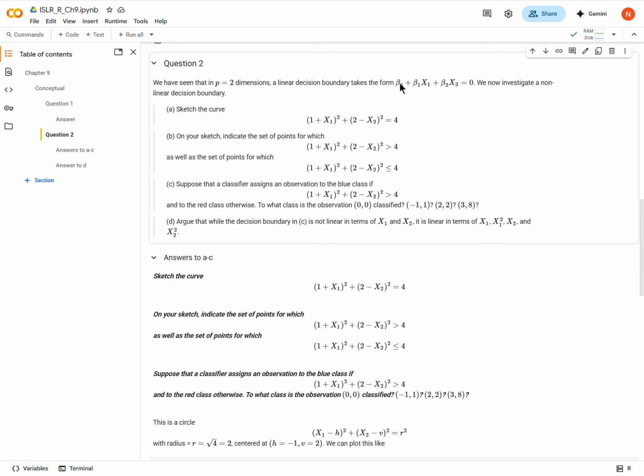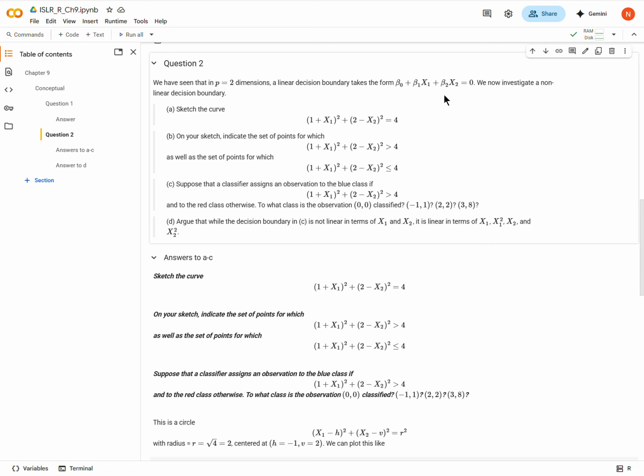So we've already seen an example of linear decision boundaries that maybe look something like this, right? Where we have an intercept, and then our 2 variables, therefore we're in 2 dimensions. Our 2 variables are being multiplied by some coefficient, these beta terms right here. And then each of these coefficient times variable terms are added together. They could be subtracted or whatever. But that's basically the rules for a linear